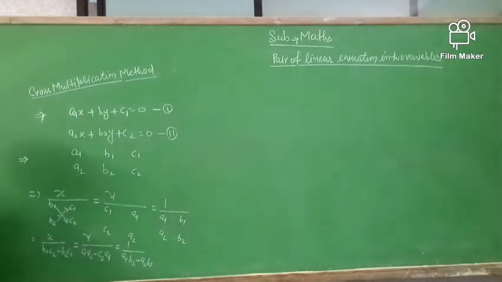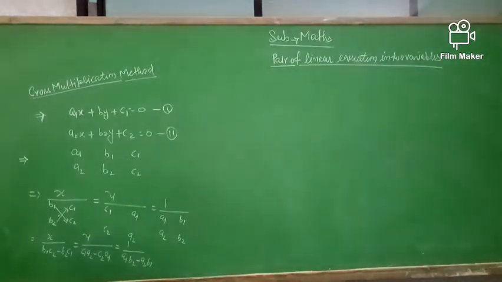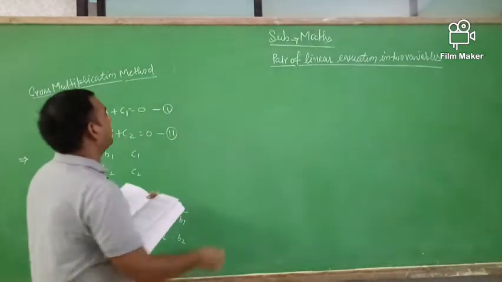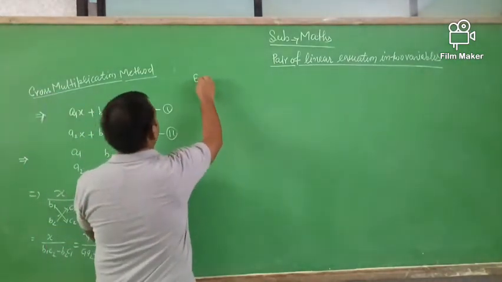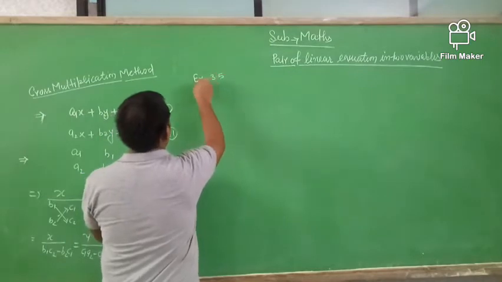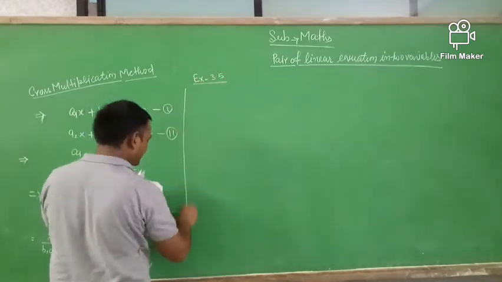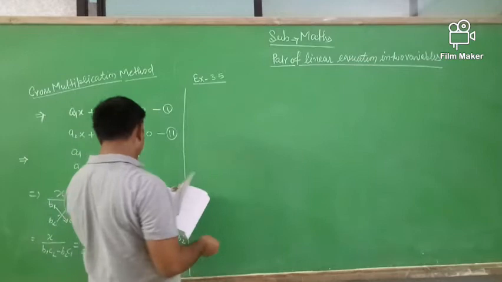So you can put in the values of these constants and solve the questions. Here you compare x with the constant term and y also with the constant term, and you can find the solution of these equations. Okay, so we are going to solve some questions from the exercise. Here some questions are given from exercise 3.5. I think all of you understand the cross multiplication method, so we are going to solve some questions related to it.